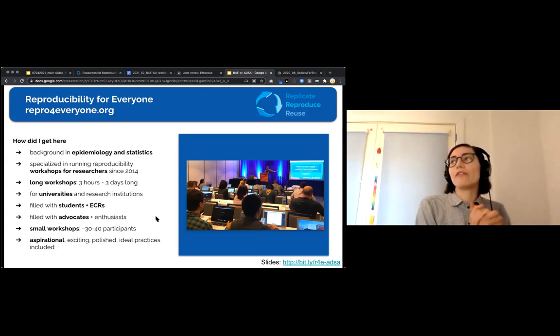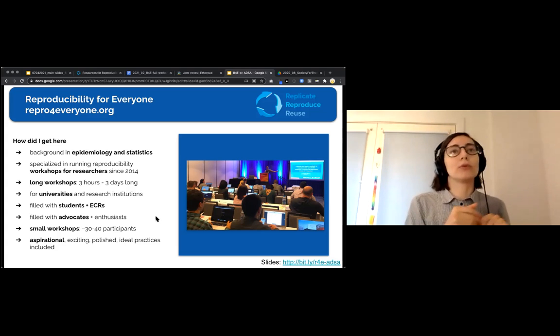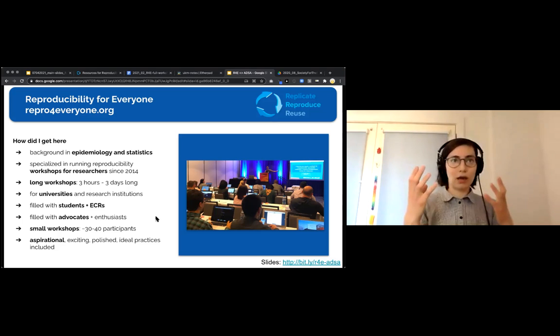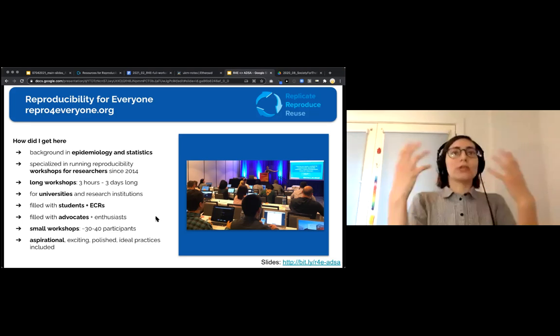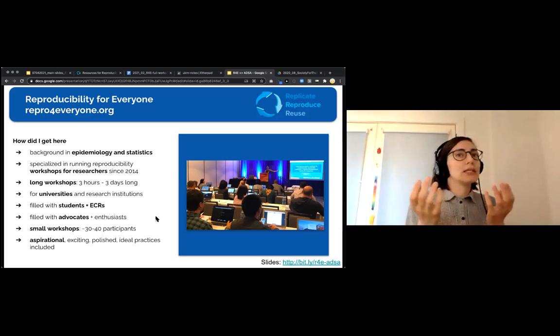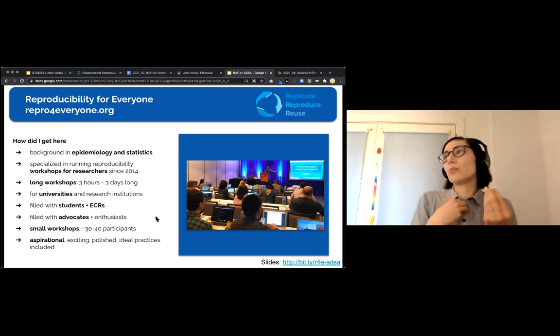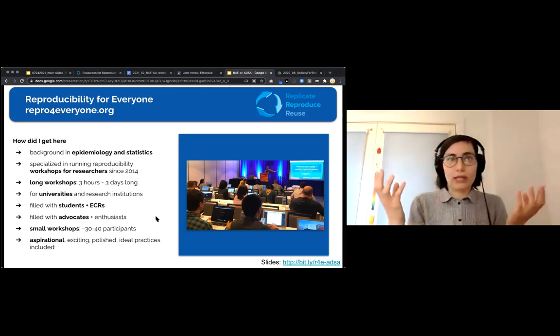The other part of the content that I was often running, and I still see this a lot in reproducibility workshops, is that the content itself is focusing on best practices. It presents a very idealistic, here's what an ideal researcher would do to achieve the ultimate reproducible workflow. And oftentimes, because of our own interests, we would fill those workshops with really innovative, exciting new projects, new ways to publish, new tools, which are great.